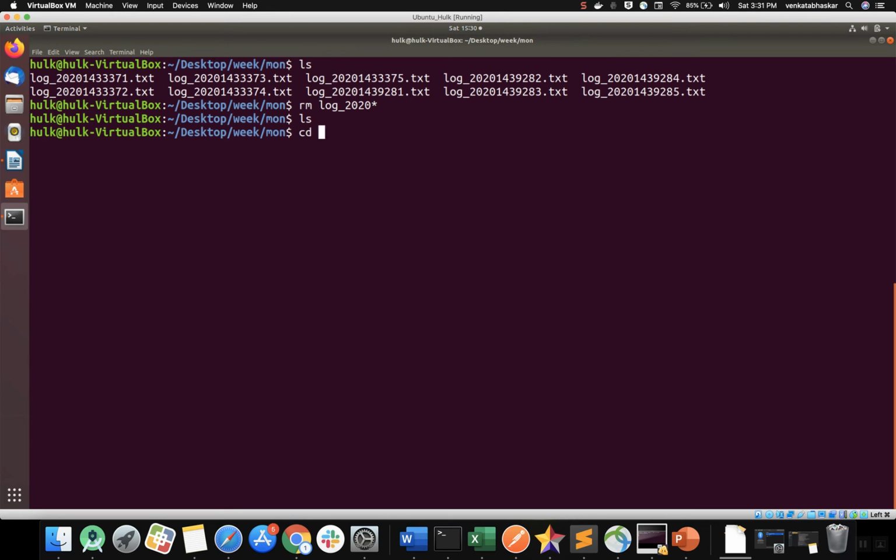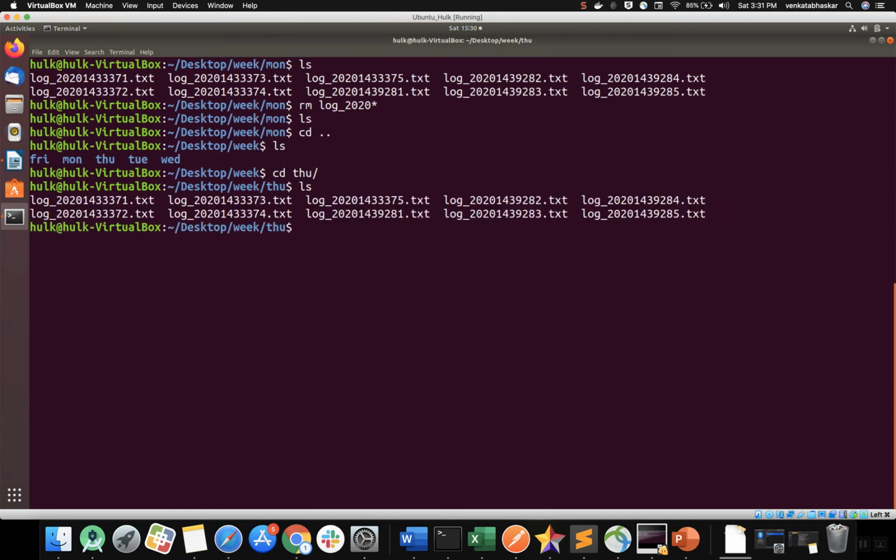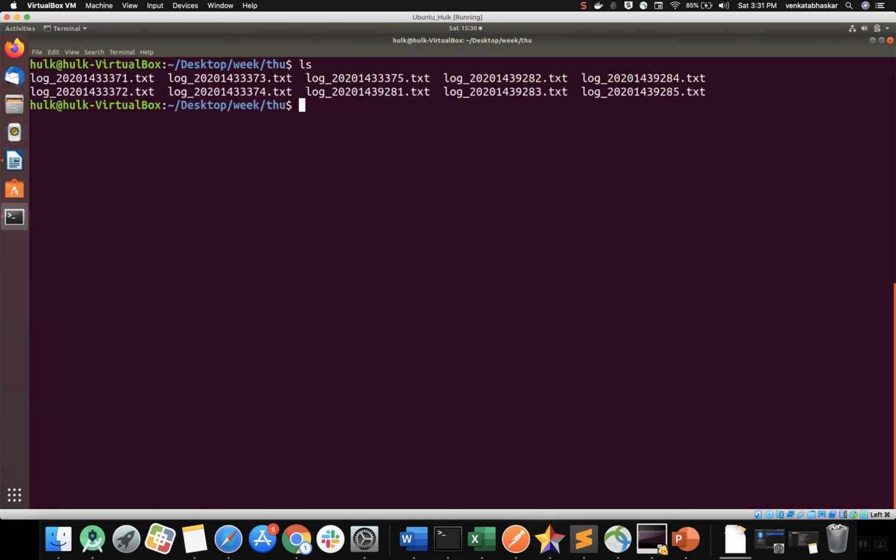Now I'm navigating to a different folder, cd. I'm going to the Tuesday. In this folder I'm going. Okay, we can see few more things here. Okay, now how to remove a directory by using rm command. Now you know we have